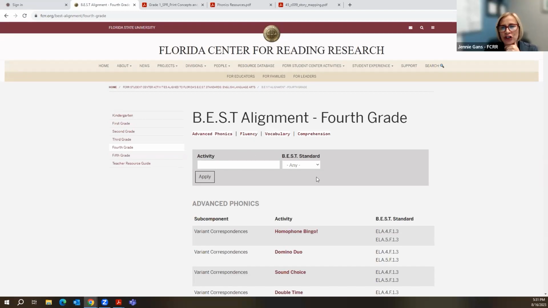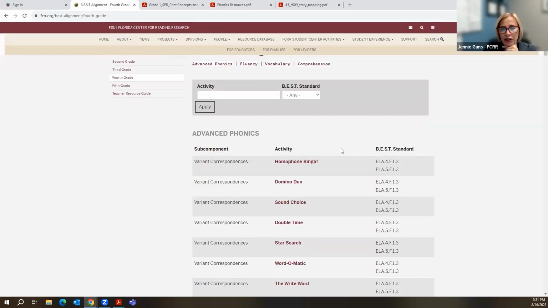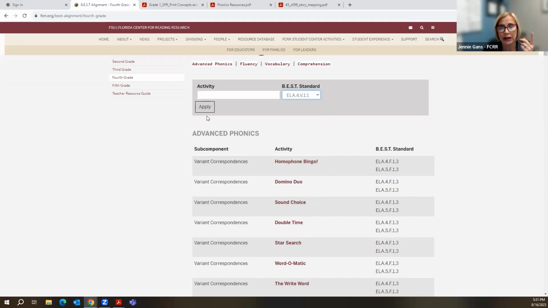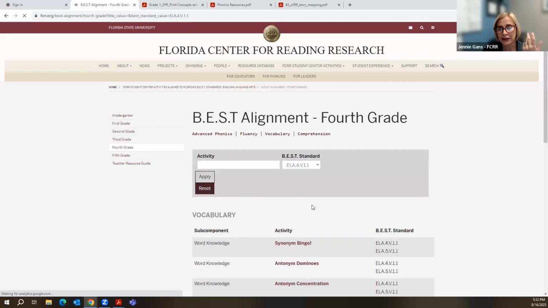Absolutely. So, I'm going to show you an example of a 4th grade one as well. So if we are here, let's take a look at how to use this filter tool. We literally click right here, and any of these, I clicked on 4th grade. So you'll see 4th, and then 5th also comes up because many of the 4th grade activities overlap with 5th grade as well. So you can click on any of these, and if there is an aligned activity, you hit apply, and those activities will come up.